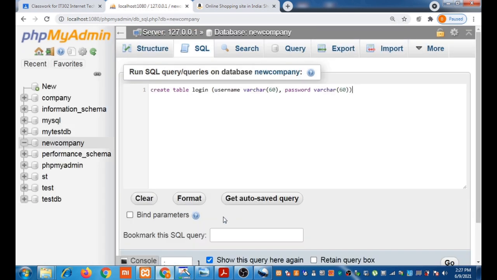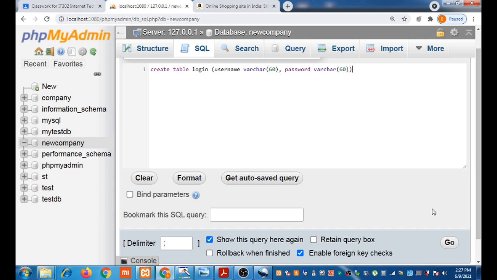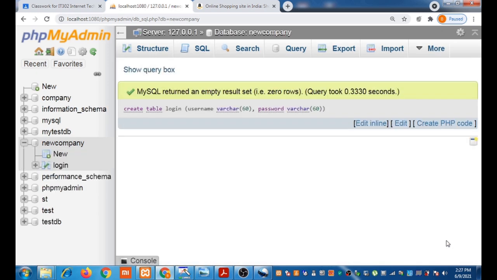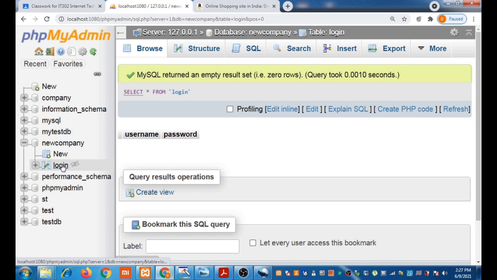ഇവിടെ നമ്മുടെ ക്രിയേറ്റ് ടേബിൾ, ലോഗിൻ എന്ന് പറഞ്ഞ ടേബിളിന്റെ പേര്, യൂസർ നെയിം ആൻഡ് പാസ്വേഡ്, 2 fields. അതിന്റെ ഡാറ്റ ടൈപ്പ് അവിടെ കൊടുത്തു. നെക്സ്റ്റ് ലെറ്റ് us try to create it. ഓക്കെ, അവിടെ ടേബിൾ ക്രിയേറ്റ് ചെയ്തു. അപ്പം ന്യൂ കമ്പനിയിൽ നിങ്ങൾക്ക് ലോഗിൻ എന്നുള്ളൊരു ടേബിൾ കാണാം. ഓക്കെ, നിങ്ങൾക്ക് വേറൊരു ടേബിൾ ക്രിയേറ്റ് ചെയ്യണമെങ്കിൽ